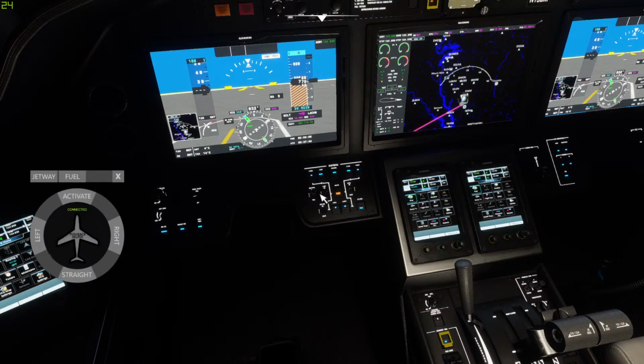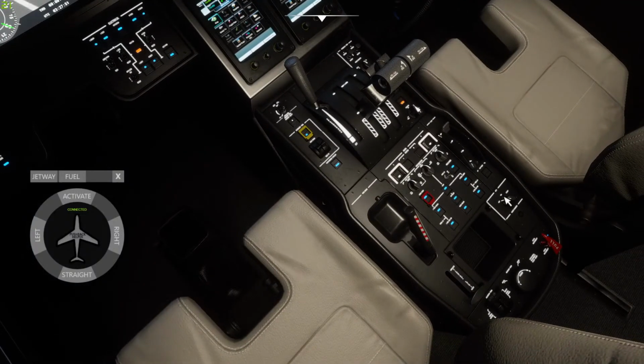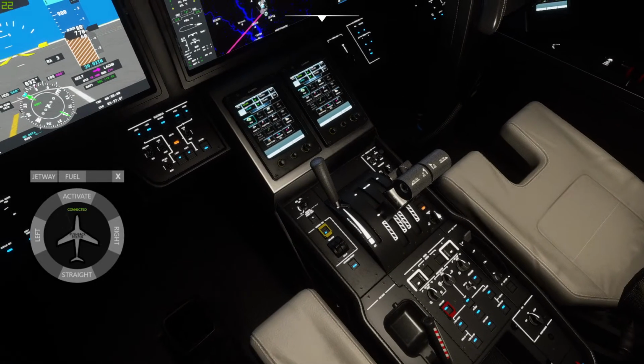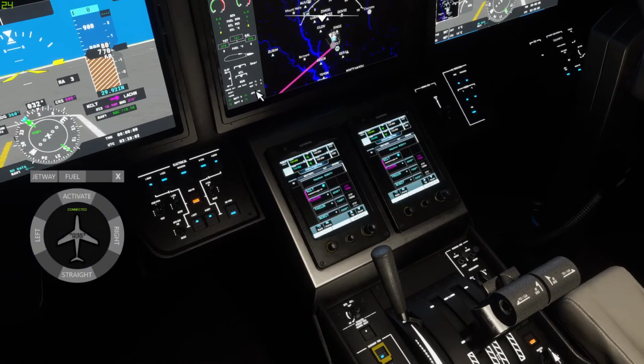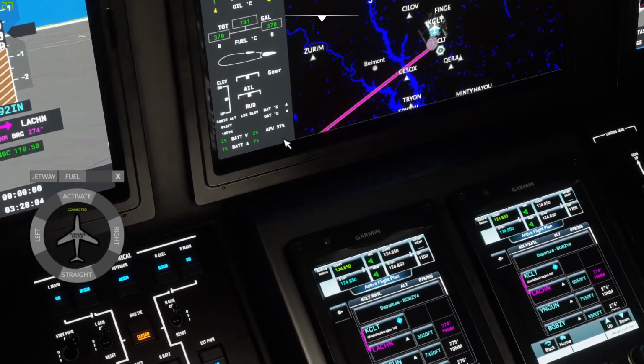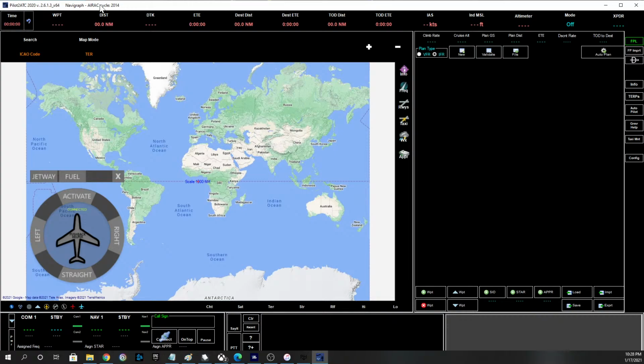All right, we need to get the engine generators going. And let's get the APU, sorry, started. What that's going to do is rev up here. You can see down at the bottom, it's going to rev up to 100%. And that helps you get your engine started. All right, so while that's going,